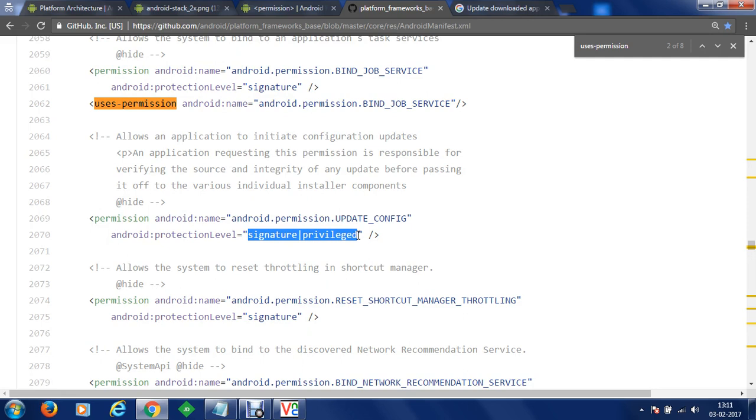Let's say we have n number of applications available. We can try exploitation on those applications which have permissions belonging to the dangerous level or signature and privileged level, so that if we successfully exploit the application, we will be able to execute malicious code with that permission level on the device. So this is like privilege management in Android mobile devices.